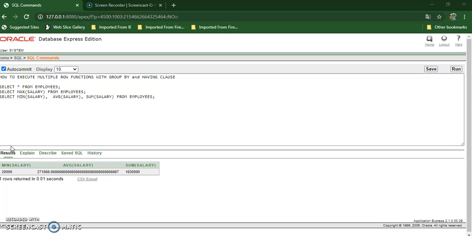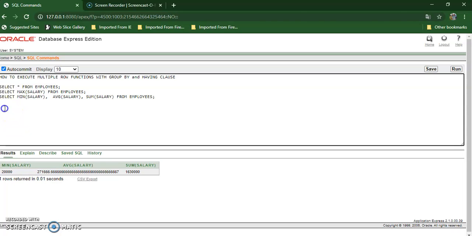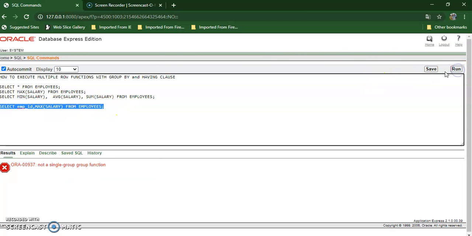While execution of this group functions, if I write query like select employee ID, max of salary from employees, then this statement will give an error because we are going to apply max of function on the salary column.